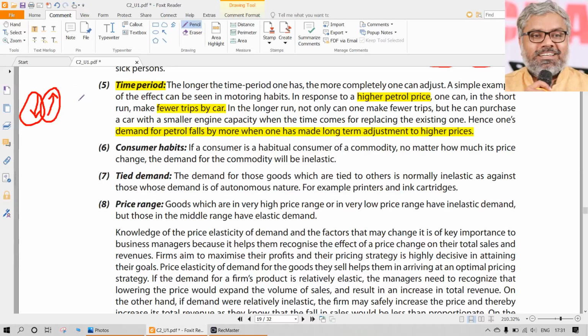Let us say if that happens, immediately people definitely cannot have much change in their demand. But over a period of time, slowly they will shift from petrol cars to diesel cars. Why? Because the availability of that is low. That is one of the reasons why we still have petrol cars and diesel cars separately in India. But if the price difference is not that much, if both have more or less the same prices, then there is no point in having two types of cars. Both cars will have the same kind of demand, because people don't differentiate between a petrol car and a diesel car if the price difference between petrol and diesel is not much.